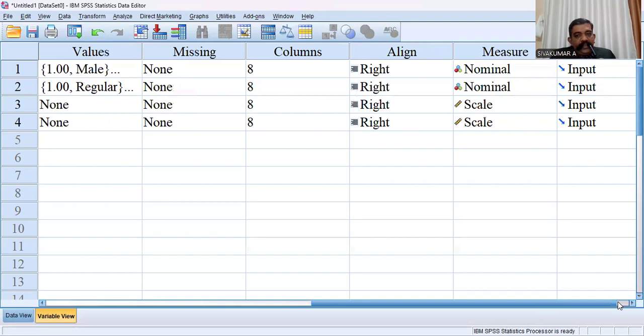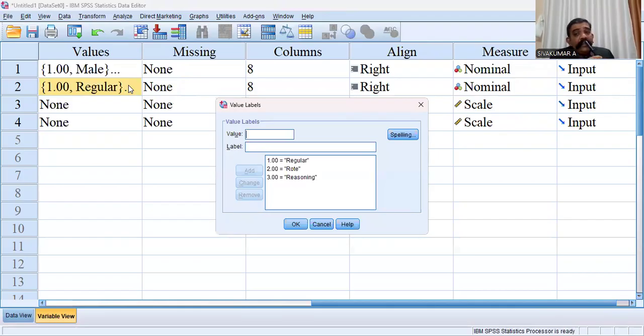It is an independent variable, and you can see it is a nominal variable. If the variable is nominal, certainly you have to give the values. You can see the values here. There are three types of teaching method. One is regular.